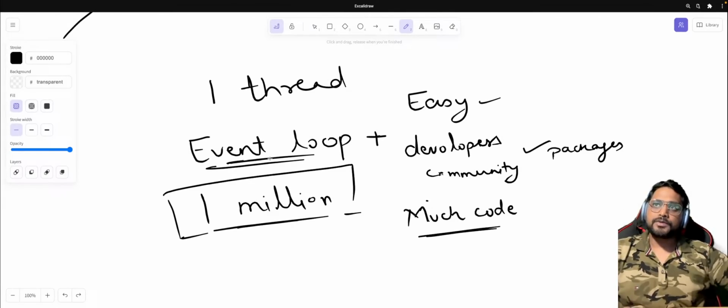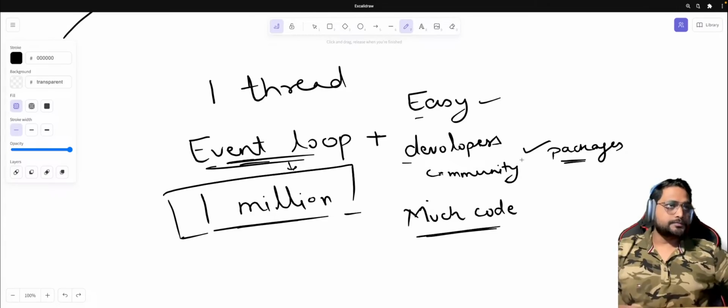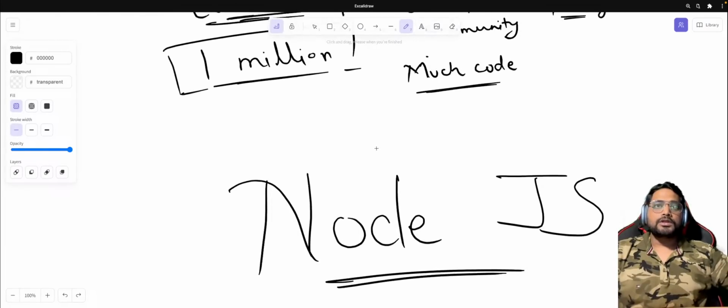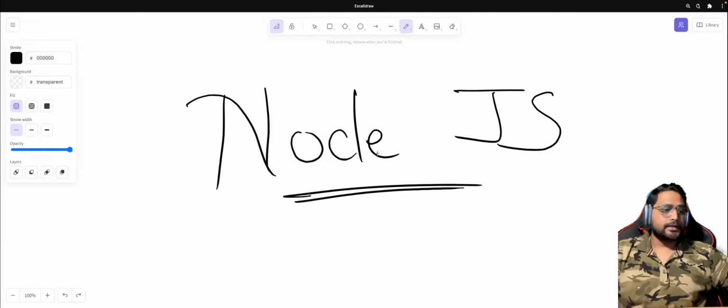JavaScript already has something called the event loop, which is able to handle 1 million users using your DSA, right? Queues, stacks, and things like those. And it already has too many features. For example, it is easy to use, it has a developers community, and we need to write very small code, right? There are many packages already built, many packages, frameworks, right? Libraries, they are already built. So they introduced Node.js for backend,